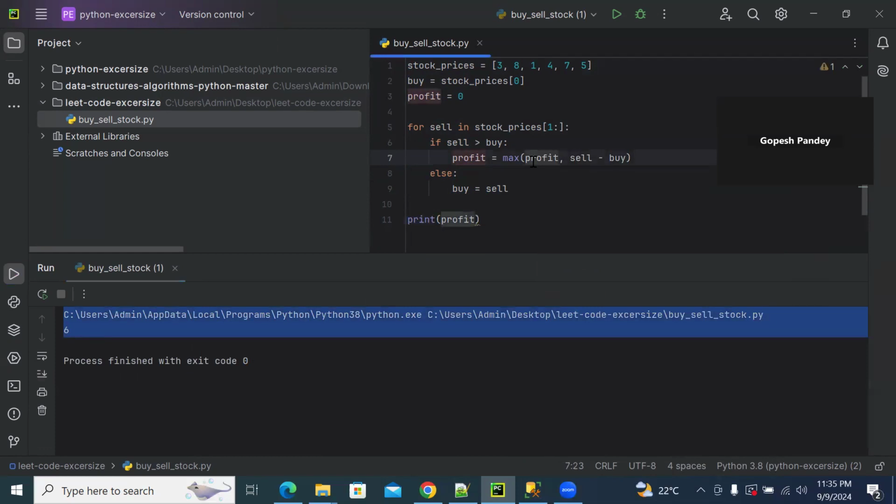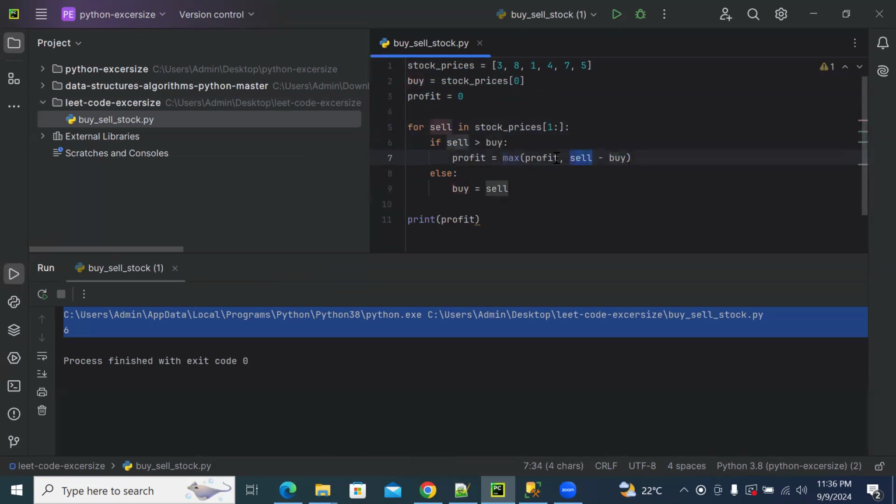So I think this is clear to everyone. Let me reiterate quickly what we just talked about. You got the list. First, you take the first element and assign it to buy. At the same time, you declare a variable profit. Since profit is not known to us at this point, we declare it with 0. Now we have to iterate the loop through the stock prices, leaving the first element, which we have taken as buy. So starting from the 8, the second price here, it will go up to the 5. You are checking if sell is greater than buy,